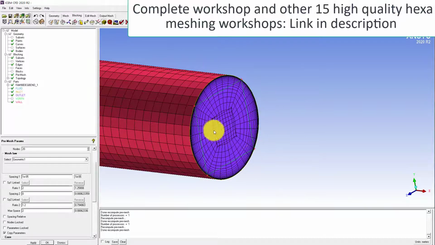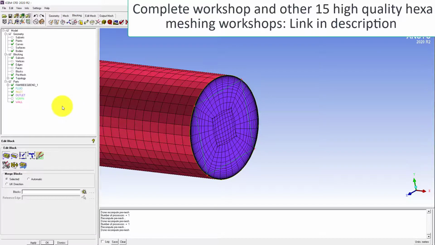Okay, one more thing is that I can see that this region is very small here, and in the ICM CFD we have the flexibility of working with the blocking, and we can manipulate the blocking very easily. But in other software like ANSYS meshing, where you have to work on the geometry, modifying geometry is not that easy, because you have to create the planes, you have to create the curves, sketches, and from there you will decompose geometry. But in the ICM CFD, this decomposition is very simple.